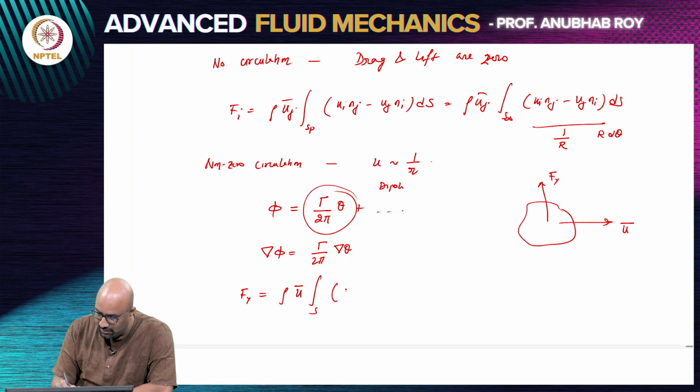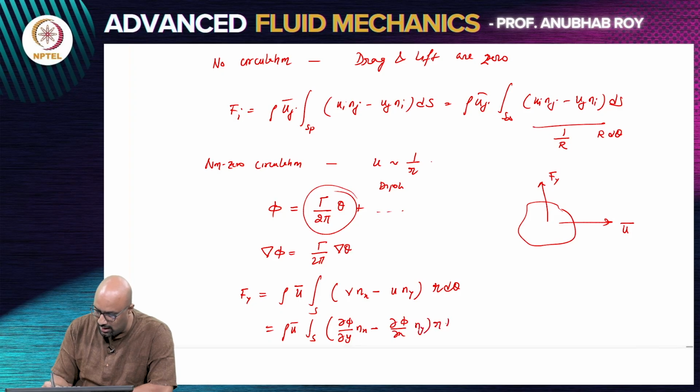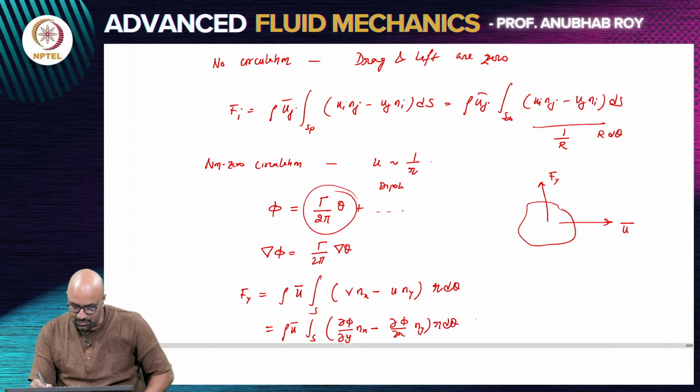So, I will have I is going to be, this will be v, this will be nx, and this is u, and this is ny r d theta. Now, rho u bar, so v is dou phi dou y nx minus dou phi dou x ny r d theta. If I substitute in terms of